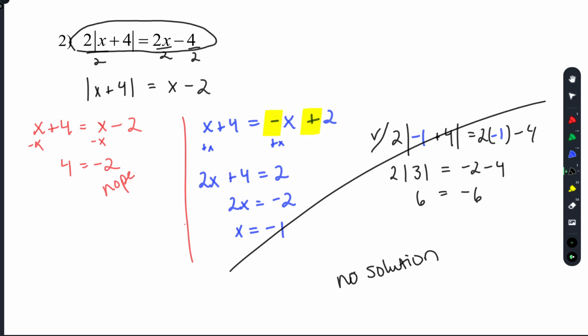Yeah, I had 4 to 2.5. Okay. So it's kind of tricky because there's